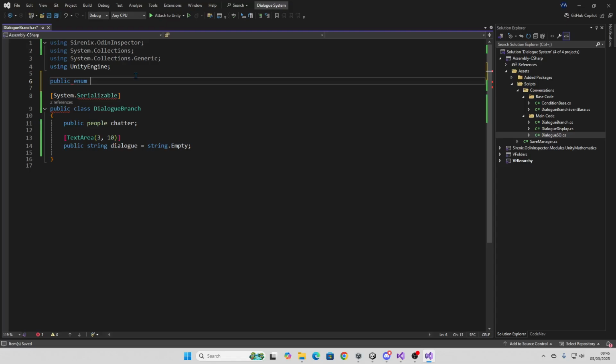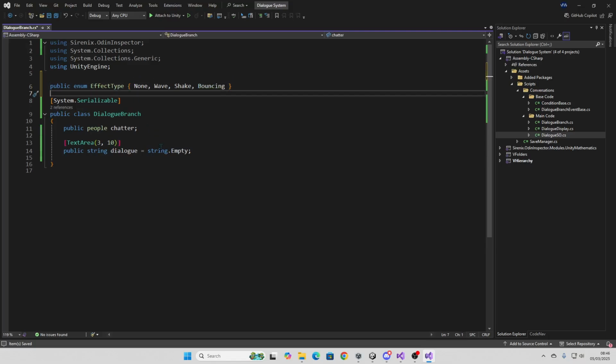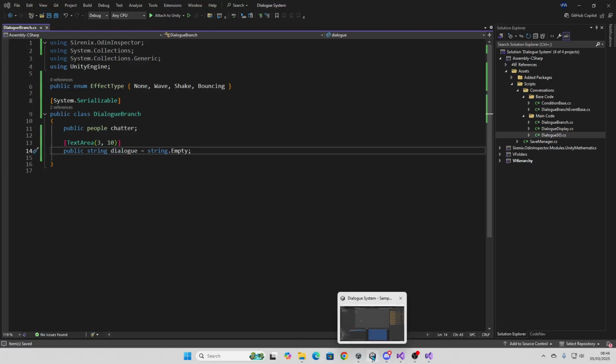public enum. There we go. Okay, so I'm going to be able to choose what type of effect I want, and I'm also going to be able to tell it where to put that effect. Normally in the effect